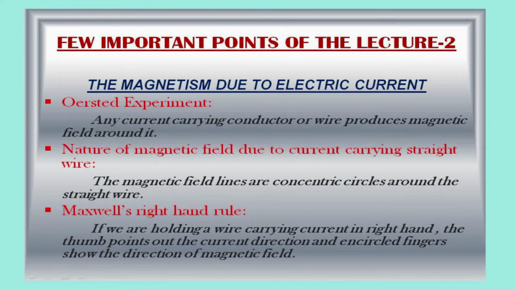If you want to calculate the direction of the magnetic field, we use Maxwell's right hand rule, which states that if we hold a wire carrying current in our right hand, the thumb points in the direction of the electric current and the encircled fingers show the direction of the magnetic field. We are using these 3 points in understanding today's lecture. So, let's take